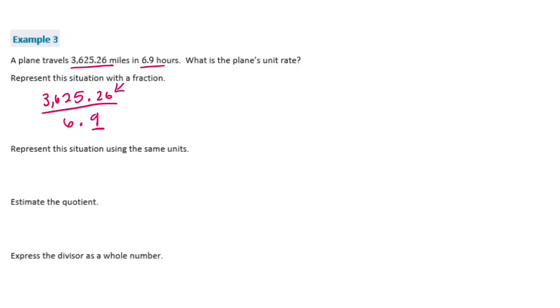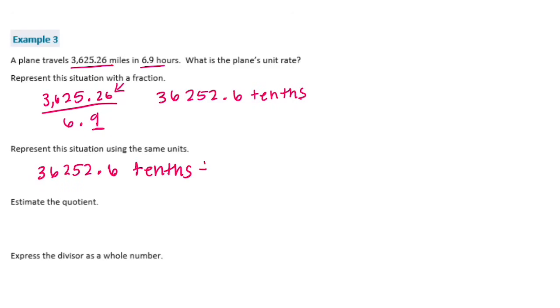So I'm going to change this to 36,252 and 6/10. So 36,252 and 6/10 divided by, this would just be